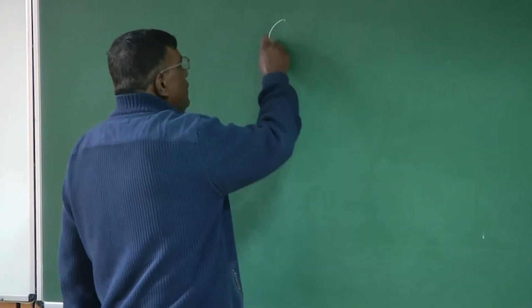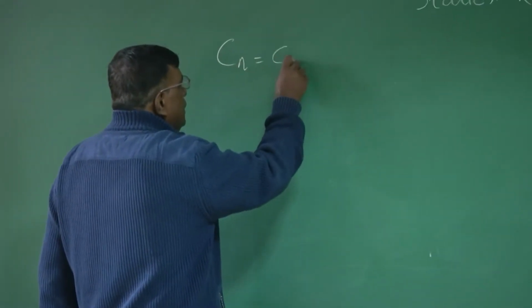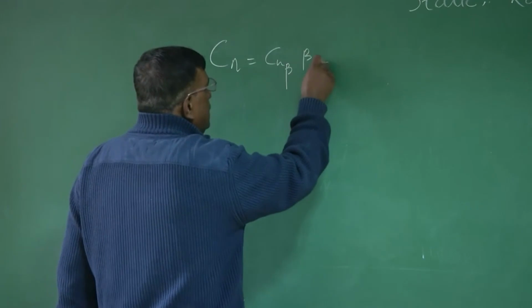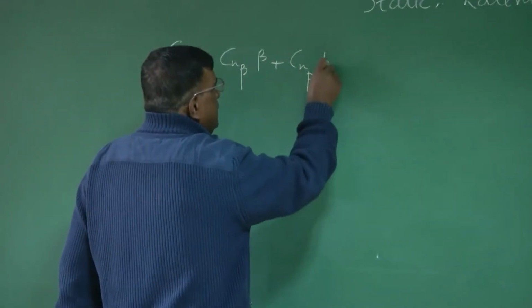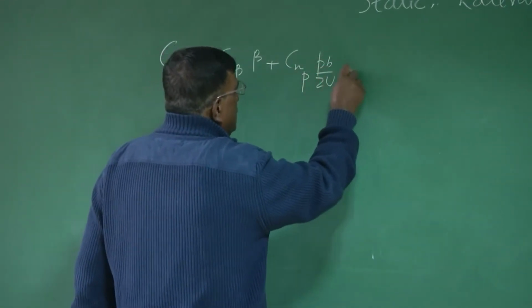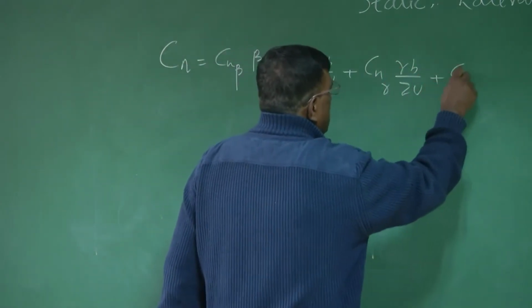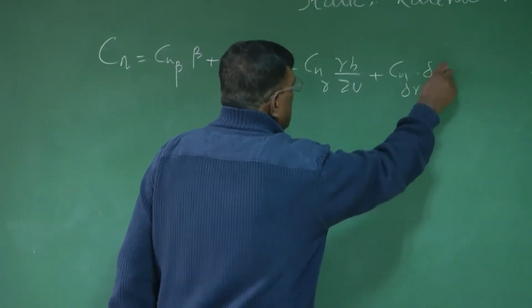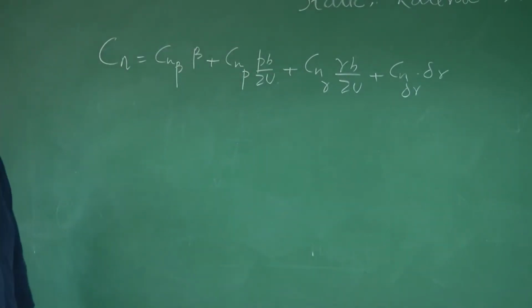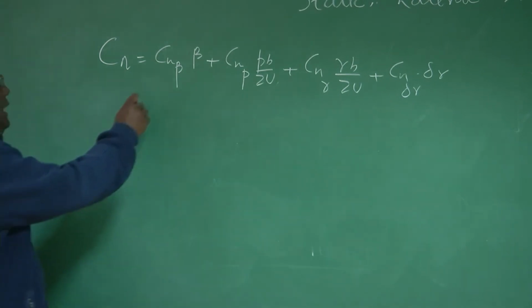You know the Cn, we have understood Cn is Cn beta into beta plus Cn p into pb by 2u plus Cn r into rb by 2u plus Cn delta r into delta r. Right? This is the yawing moment coefficient I am expanding, assuming things are linear, using the partial derivatives, which are called aerodynamic derivatives, non-dimensional aerodynamic derivatives or parameters. Now, if I am doing steady side slip,